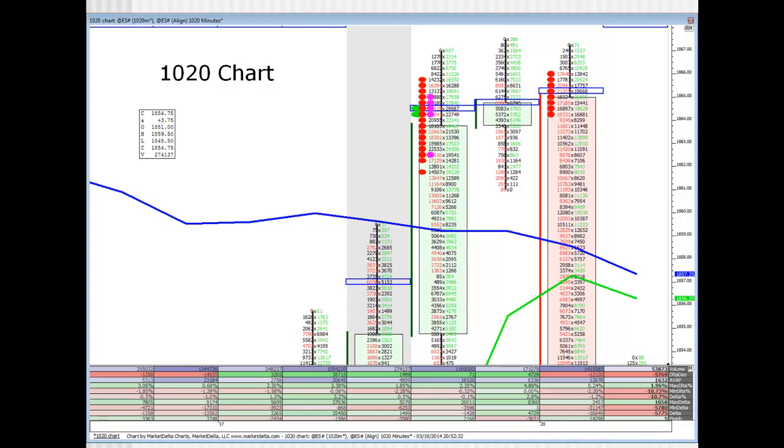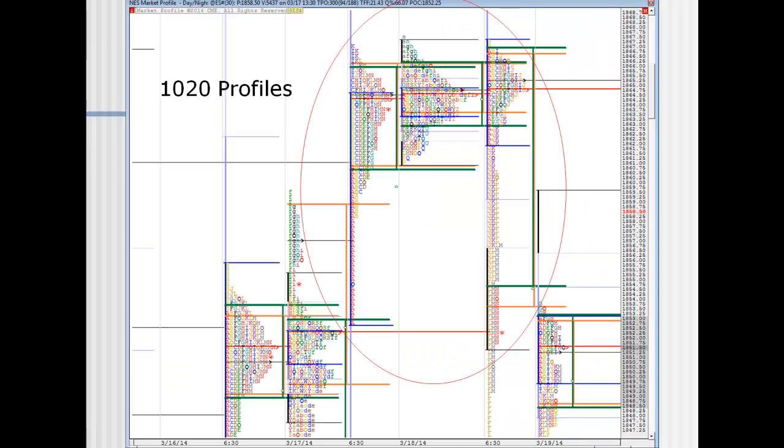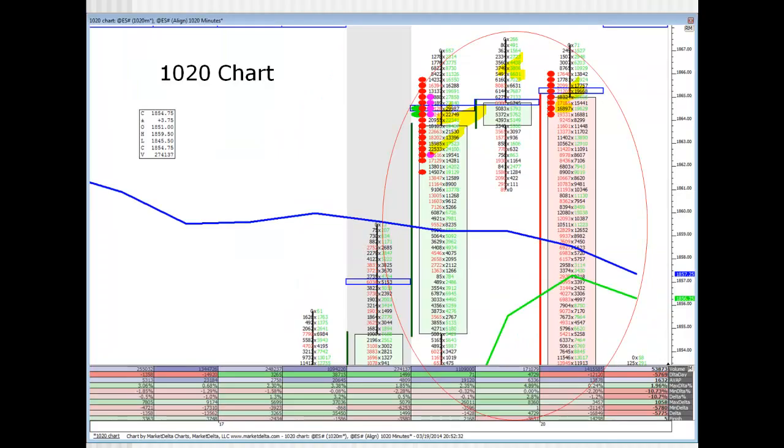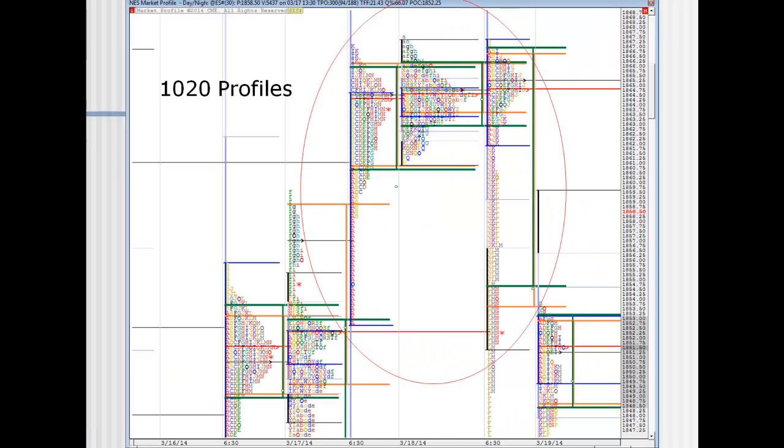So if we take a look at the 3 sessions that we were looking at, this being the day session, this one here, this is the evening session that follows, and this is the next day that we're looking to trade or that we're interested in trading. If we look at them together, really they are no different than if we were to look at them from this visual. This chart and this chart are really showing exactly the same information, but they're showing it in different